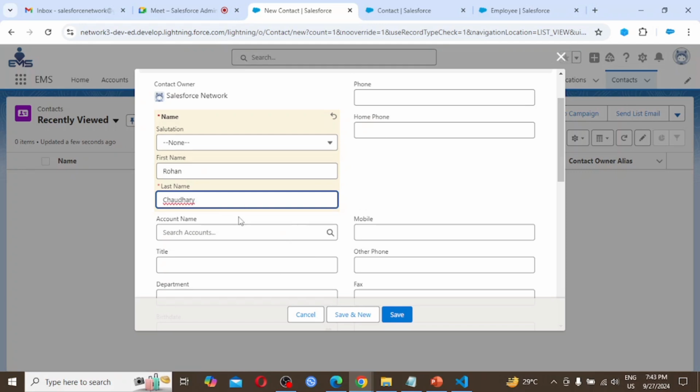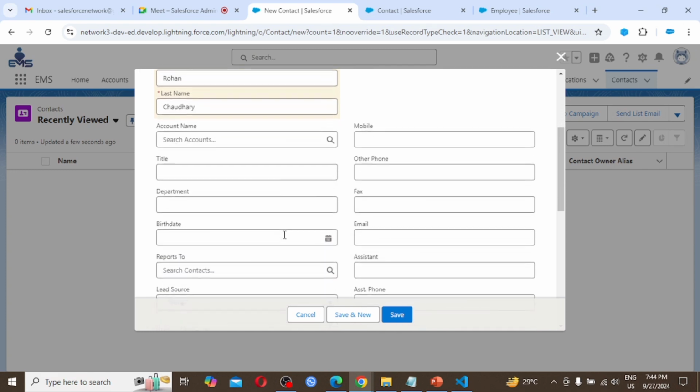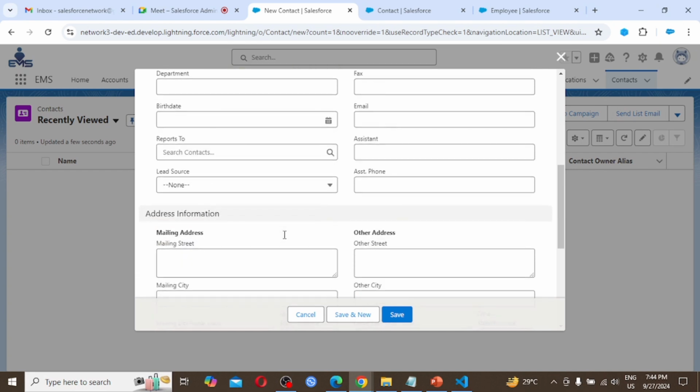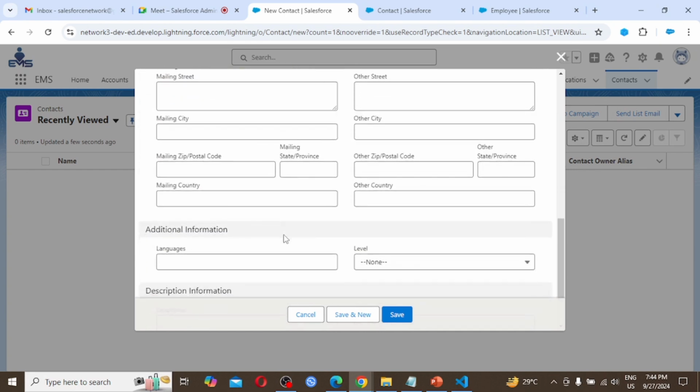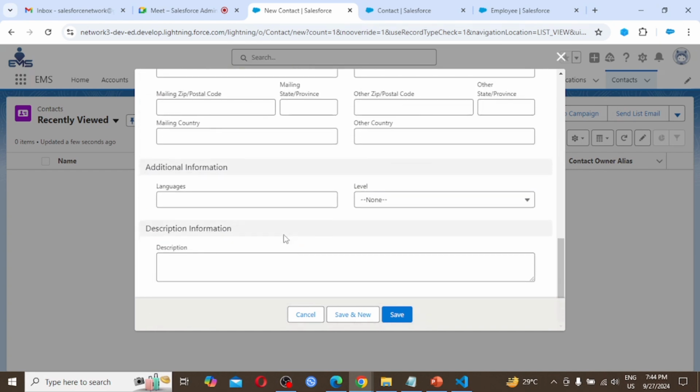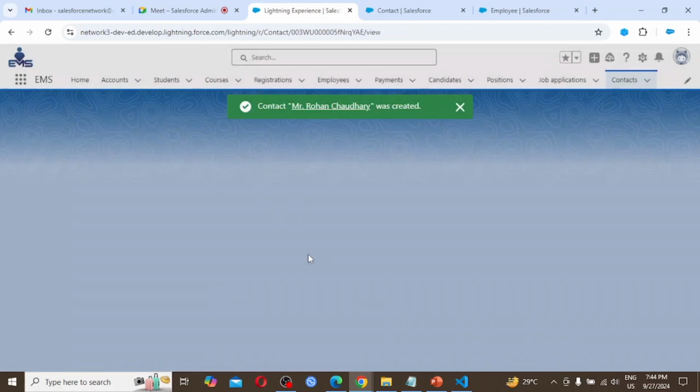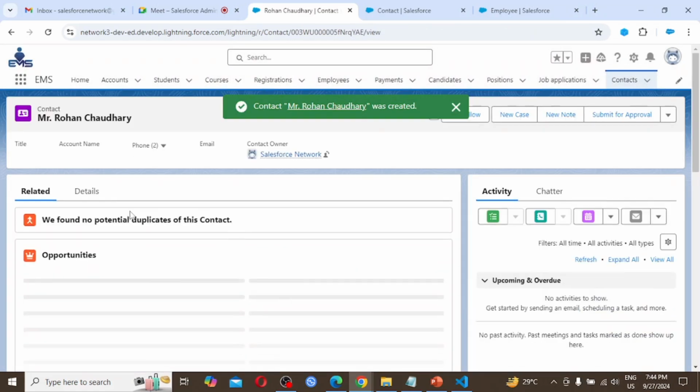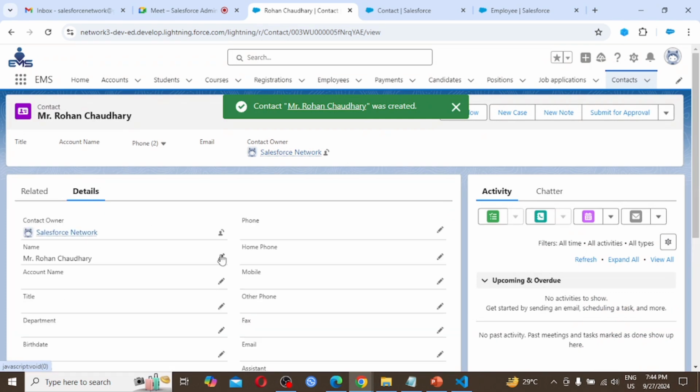Here I am taking the salutation Mr., first name Rohan, last name Chaudhary, and I am saving this record as there are no mandatory fields for this object. So I am clicking on save. Let's see in the detail page what it displays. Click detail.